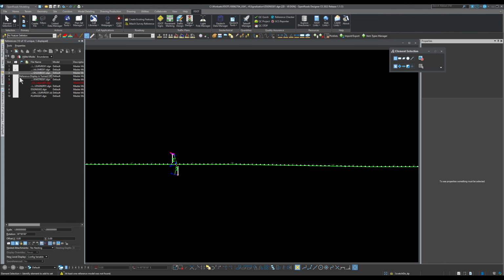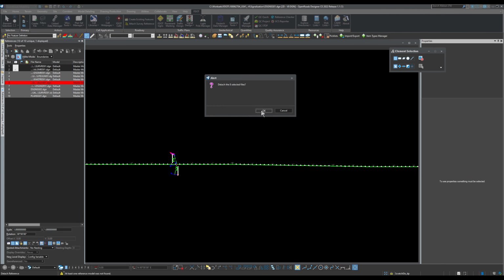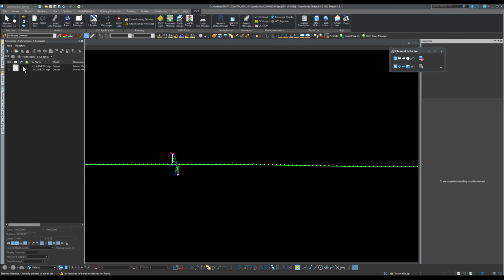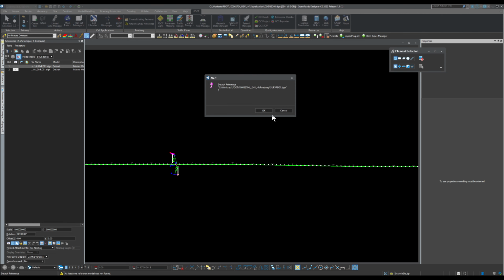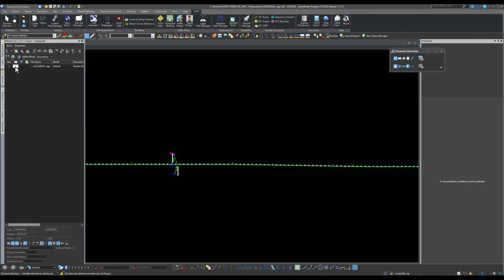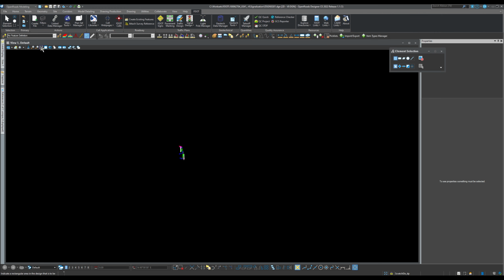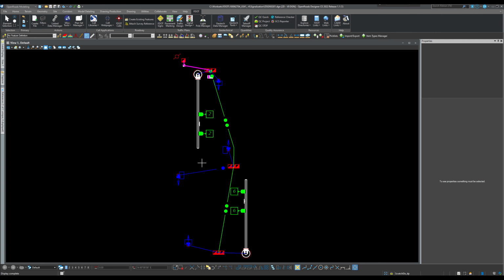Just gonna shift, detach all of them. I'm just gonna leave the alignment. And I'm gonna turn the alignment off now because I want to also turn off their work. But before I do that, I just wanted to show something, which is something later on I'm gonna talk about